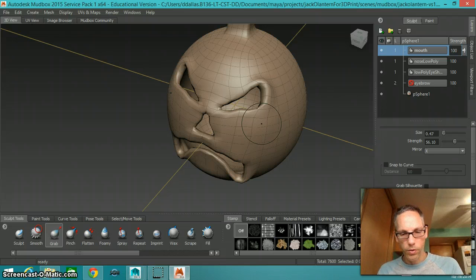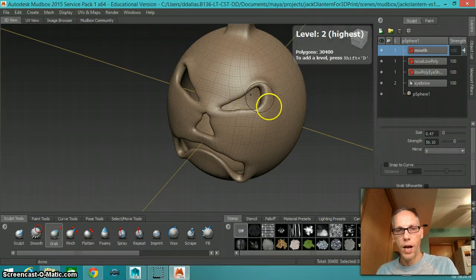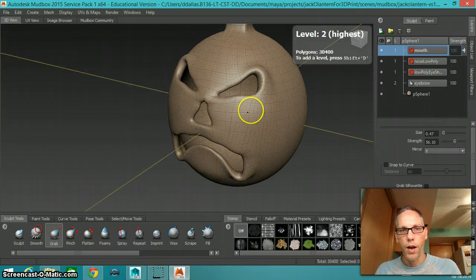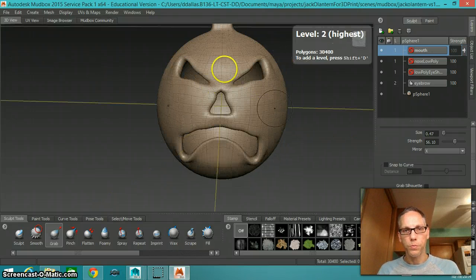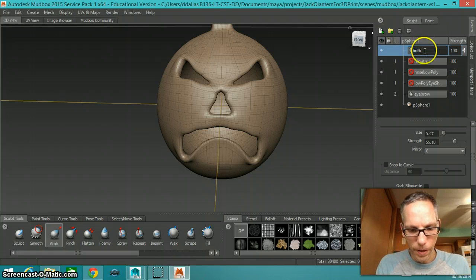So, since I'd already set my divisions, I'm going to page up. And now notice how things start to smooth out a little bit. This is my highest level. Now here I can add more details to my model. I can start thinking about maybe adding more actual surface to it. So maybe I'm going to bulk up around the eyes a little bit. So I'm going to say bulk eyes,